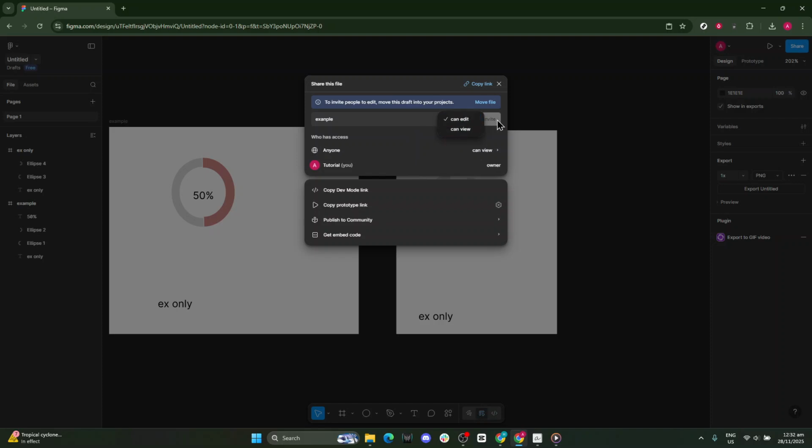And when you're working with developers or clients who need a clean implementation-focused view, copy the dev mode link and send it their way. With these options, you can control access confidently, collaborate efficiently, and make sure everyone gets